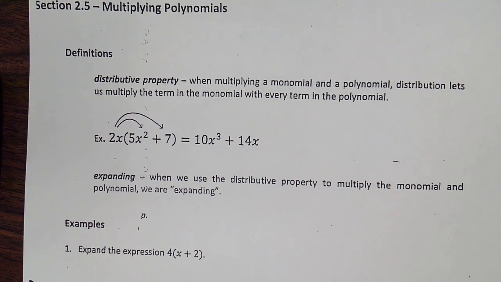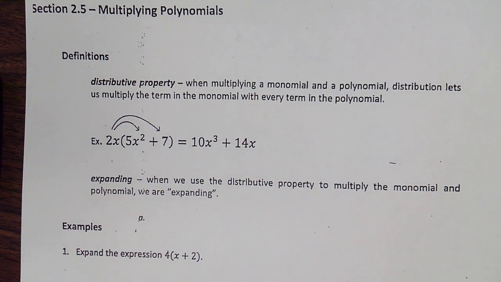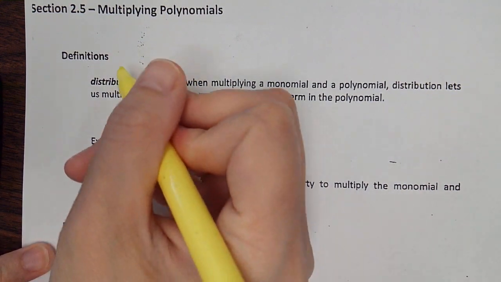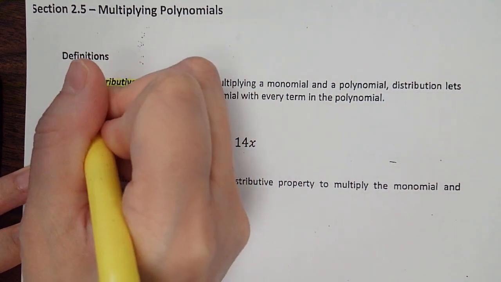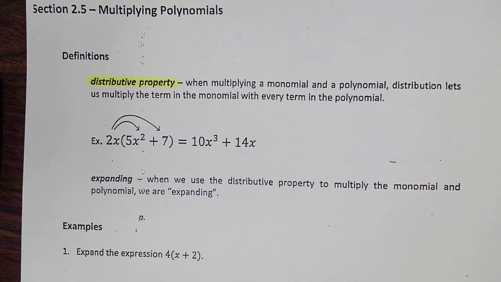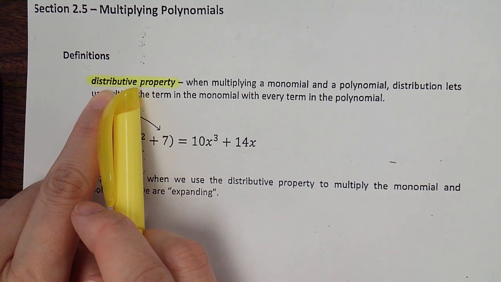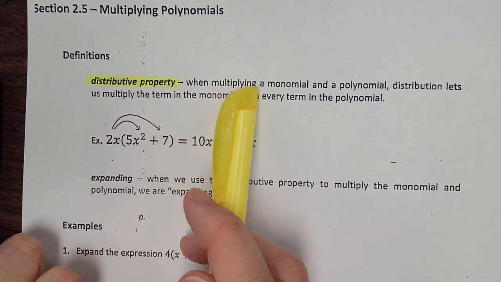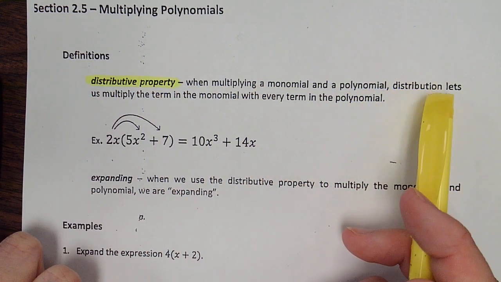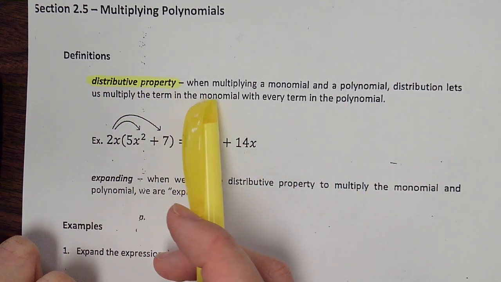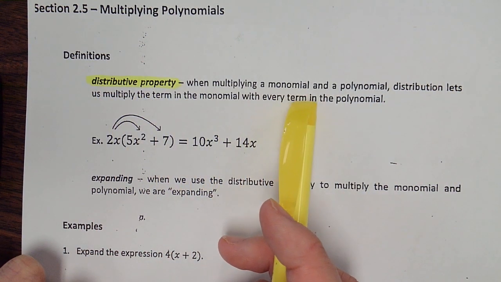Okay, so multiplying polynomials. You need to know this term, distributive property. They asked that in EQAO. I could ask that on the test. How we multiply polynomials is by using the distributive property. So when multiplying a monomial and a polynomial, distribution lets us multiply the term in the monomial to every term